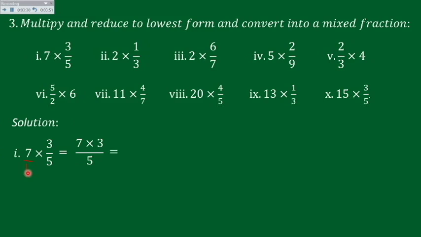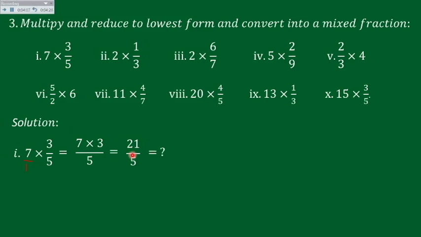Is that clear? Okay, see beta. One more time. When we have a whole number, you put 1 as the denominator, so it will become a fraction. And we know that when we multiply numerators and denominators, we get our answer. So here multiply numerator with numerator, 7 into 3, and denominator as it is. Your answer is 21 upon 5. And then you have to convert it into a mixed fraction and write your answer in the comment box.